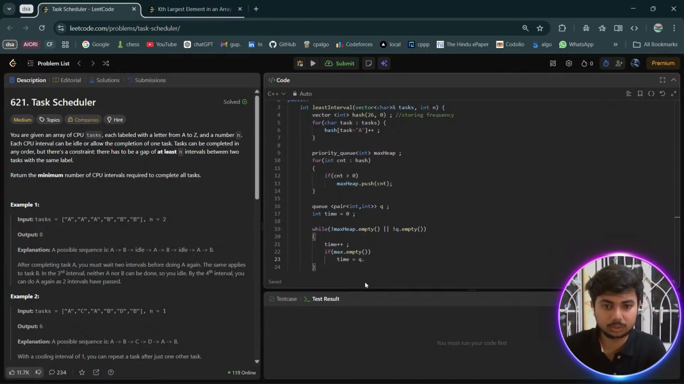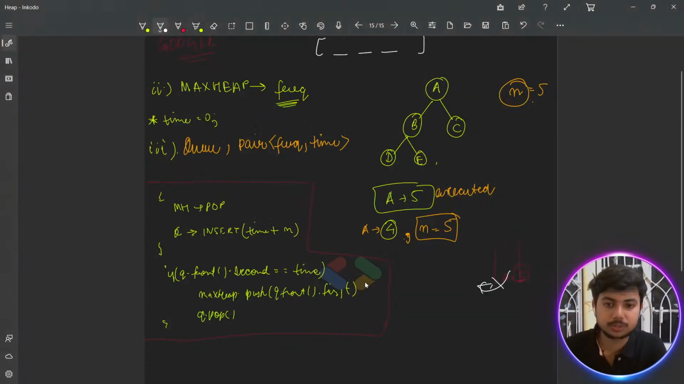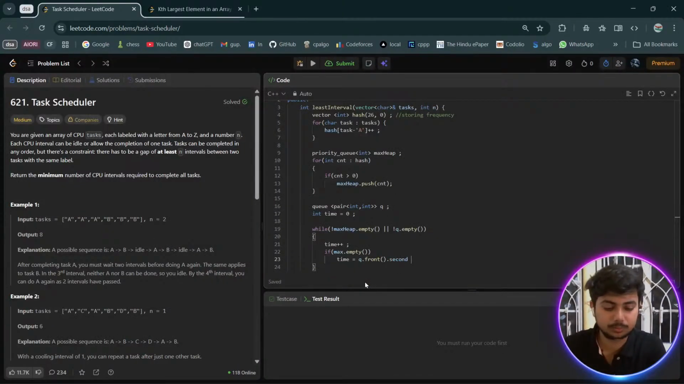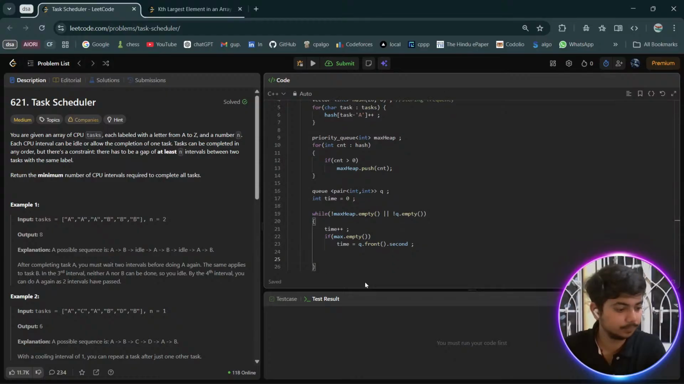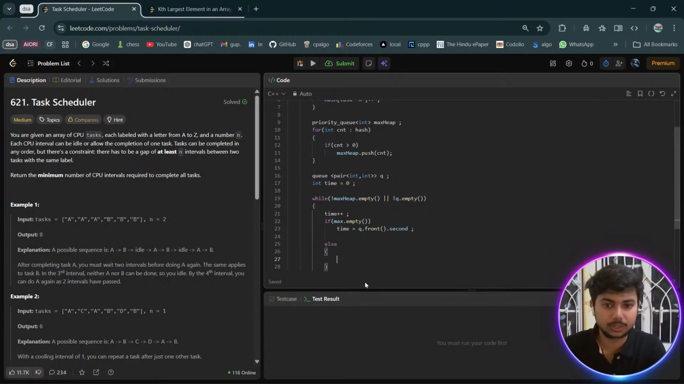टू क्यू डॉट फ्रंट डॉट, टाइम किस में स्टोर किया है, सेकंड, एल्स काउंट विल बी मैक्स हीप डॉट टॉप -1।